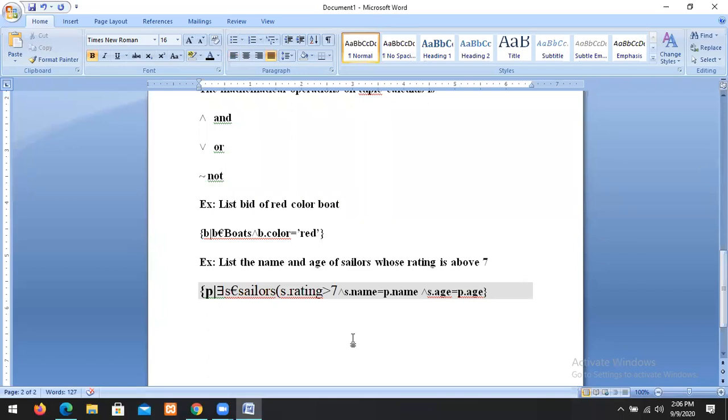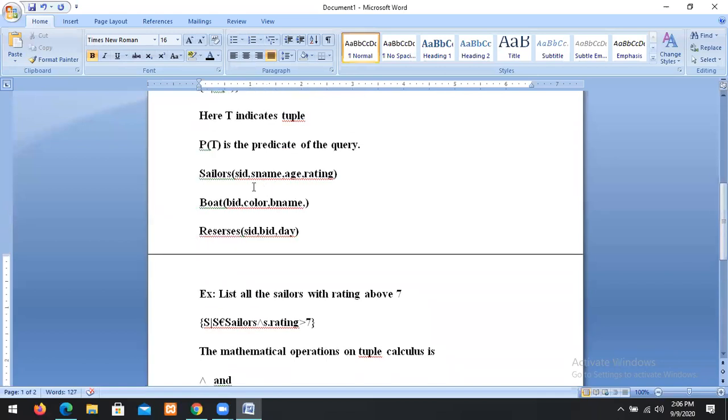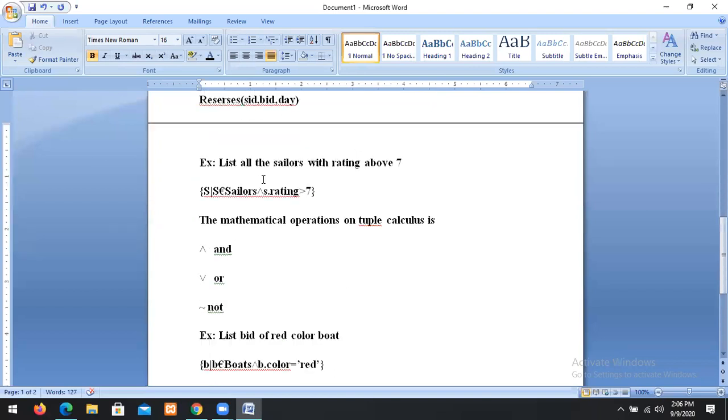Suppose I want only particular columns. We use this type of format. For example, suppose I want the SID and S names of the sellers whose age is greater than 50.